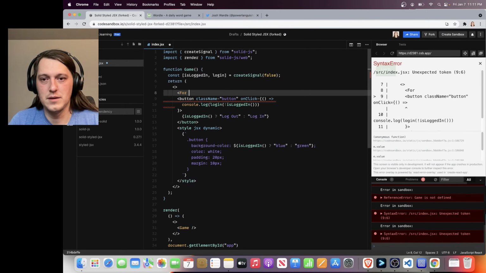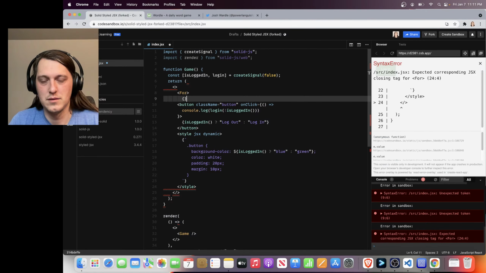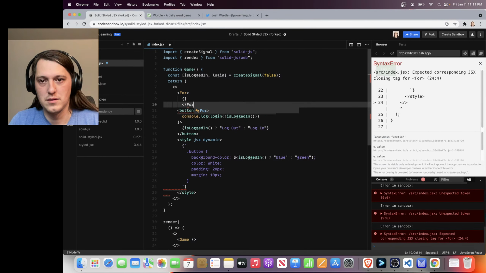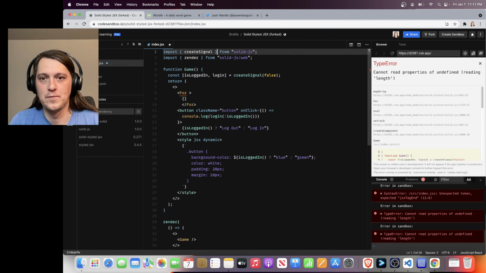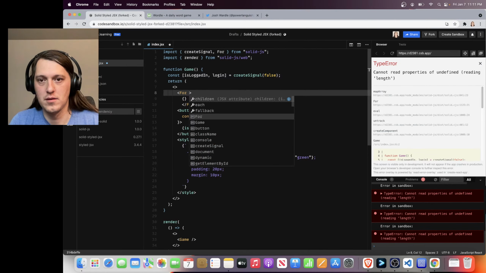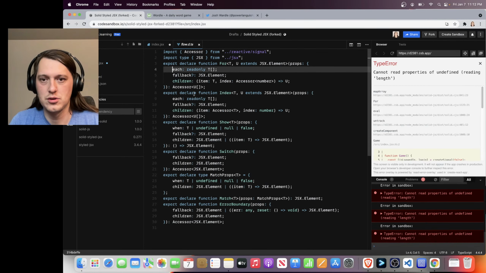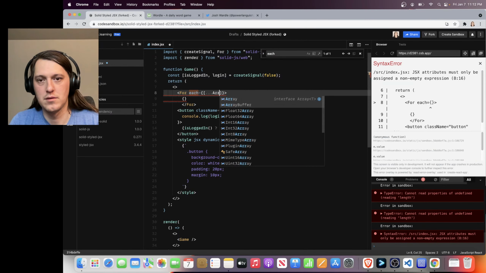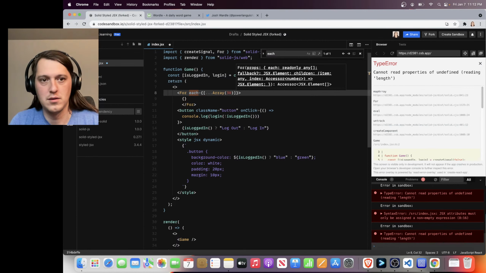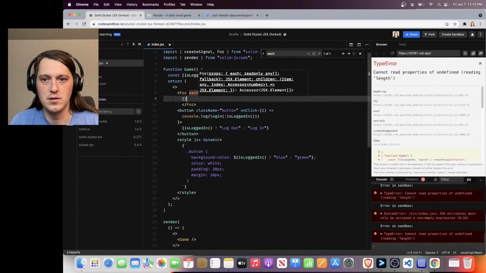So for each children, for each, for each, something like, and then